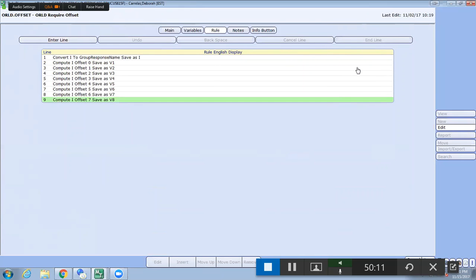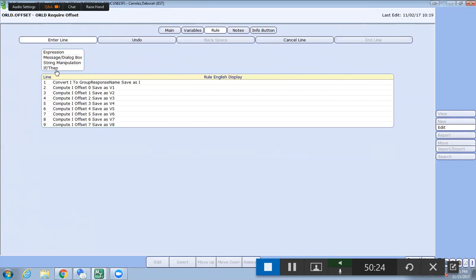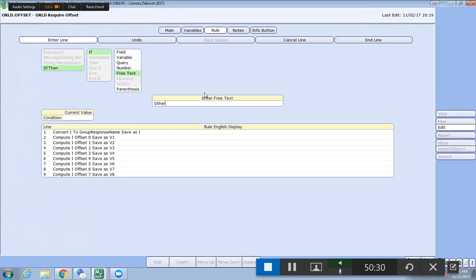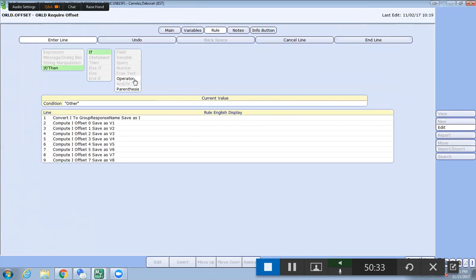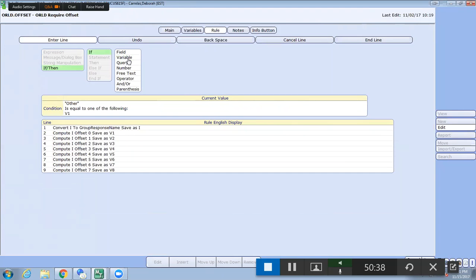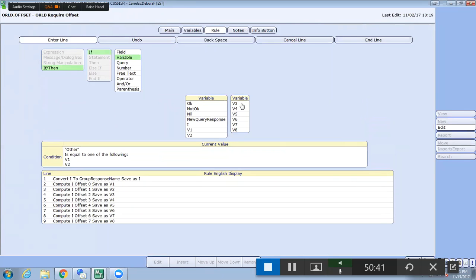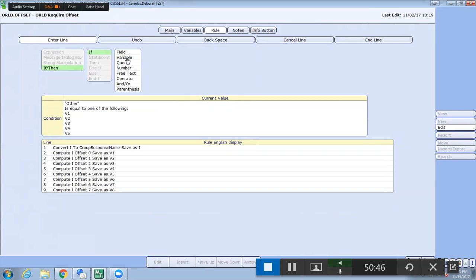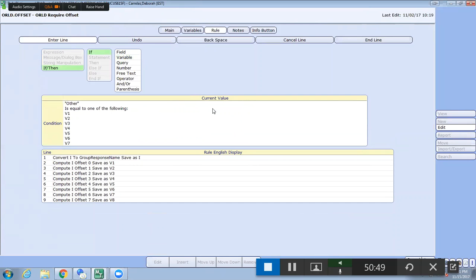So these are each possible click. It doesn't correspond to a specific response. So then I need to do my final line, which is telling the system when I select other what to do. So I'm going to do enter line, if, then I'm going to do free text, other, operator, I'm going to do is equal to one of the following, and then I'm going to do variable v1, variable v2, variable v3, v4, v5, v6, v7,